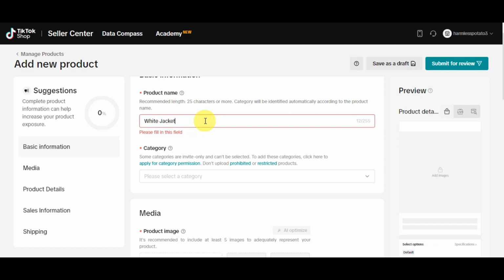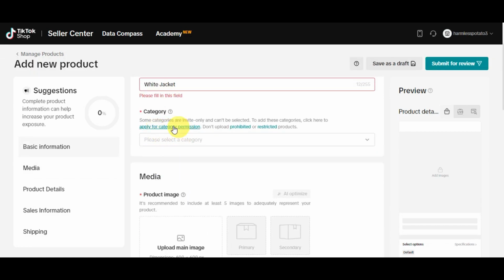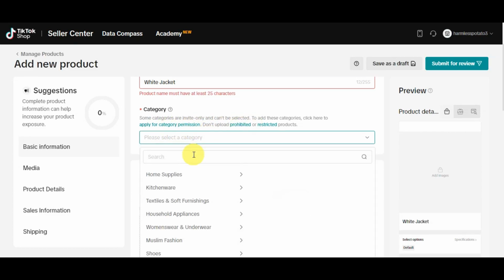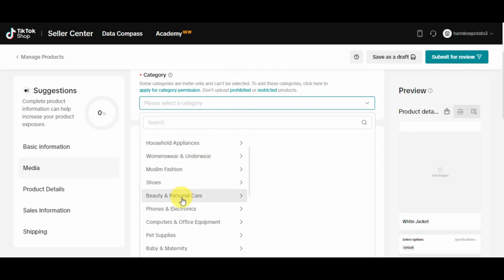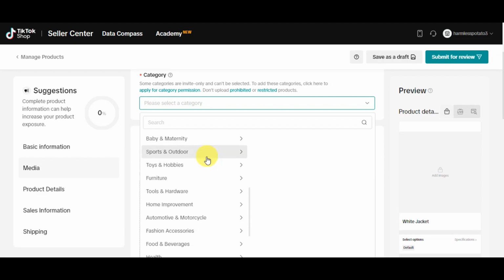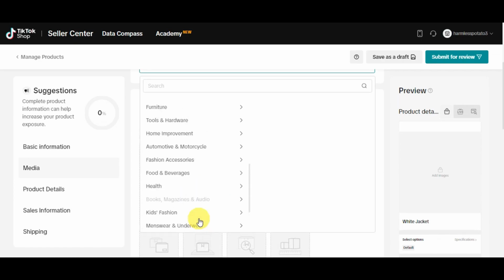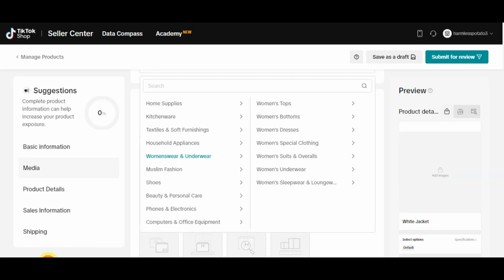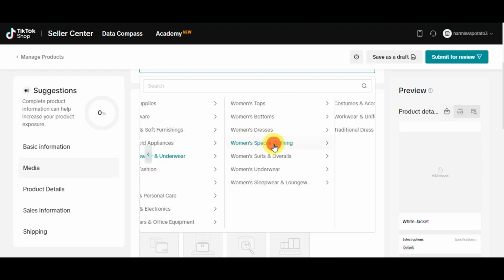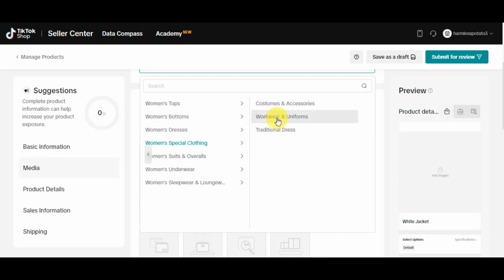And then right after, you should be able to choose a category. So some categories are invite only and can't be selected. So we're going to go ahead and try to click onto that one in here. And we're going to try to click onto women's wear in here, or let's try to choose something related to clothing. So here onto women's wear and underwear, we could try to click in here women's special clothing, or you could try to add in here women's top for this one,